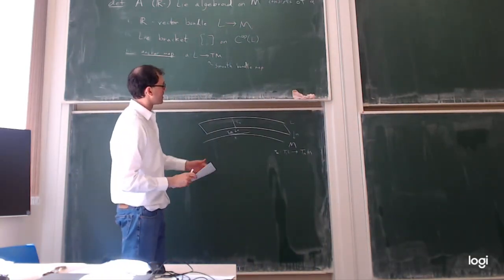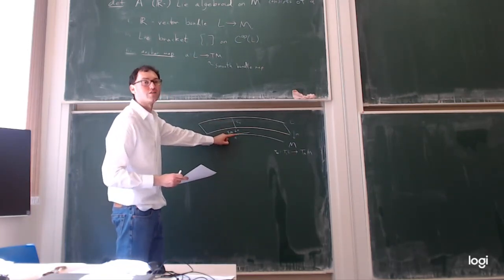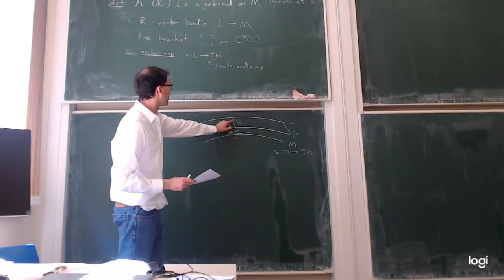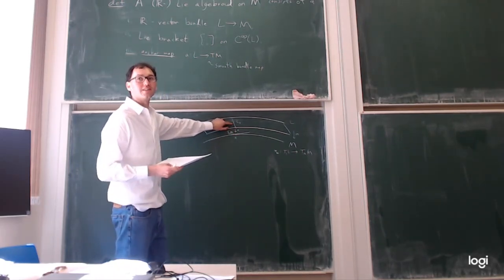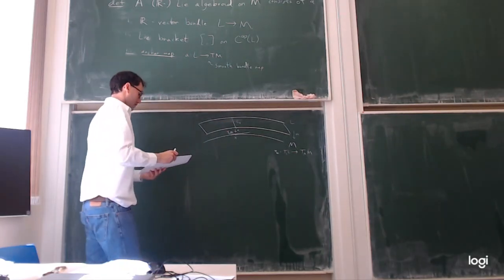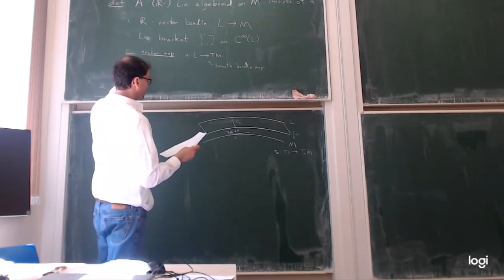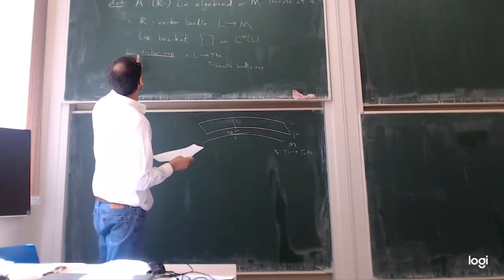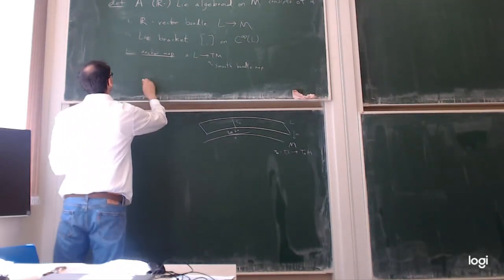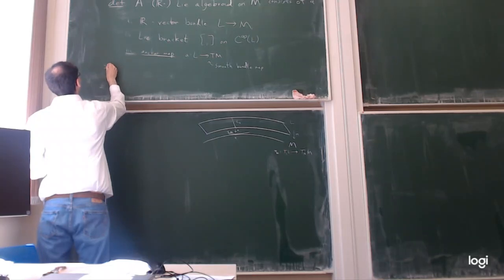So to me, it seems like this is first order data here. It's directions and magnitudes on the space, and this a priori I would have thought of as 0th order information here. But let's see. So okay, there are two compatibility conditions that we need to put on this data. So such that